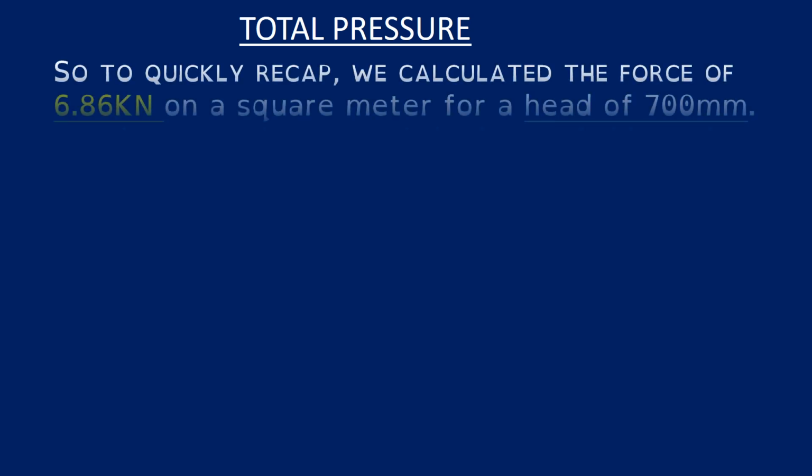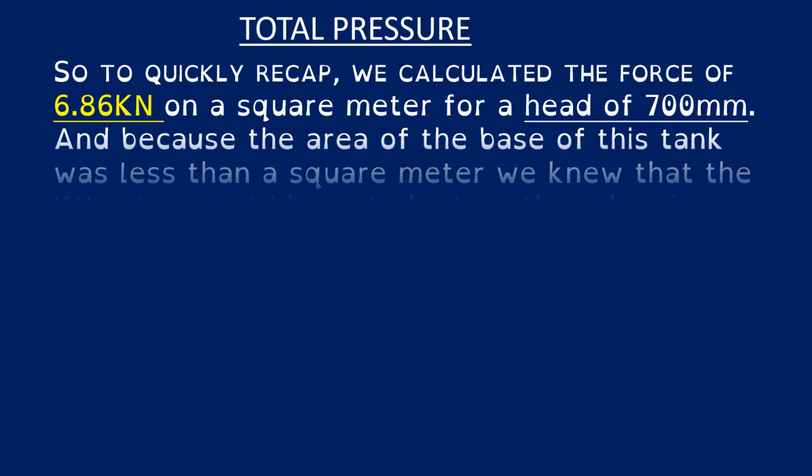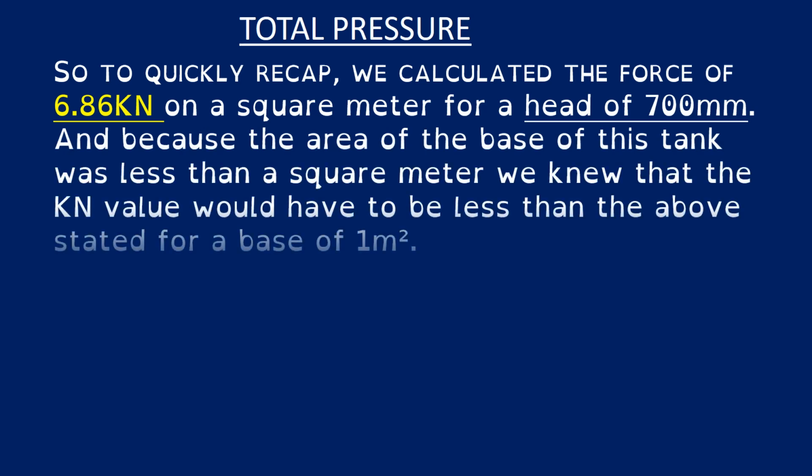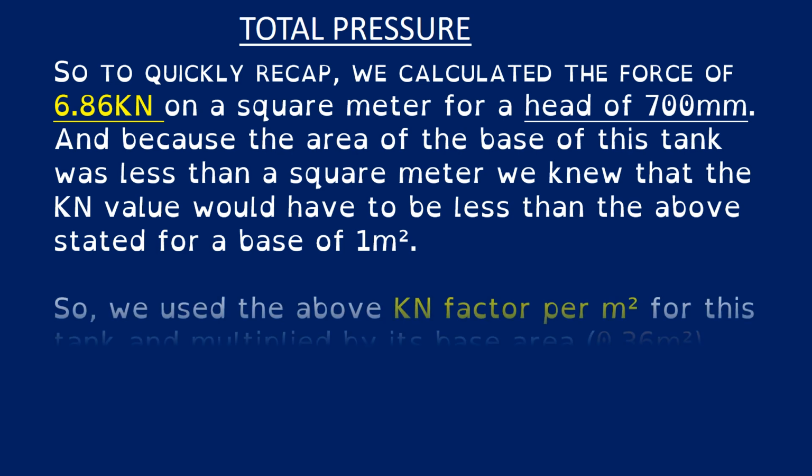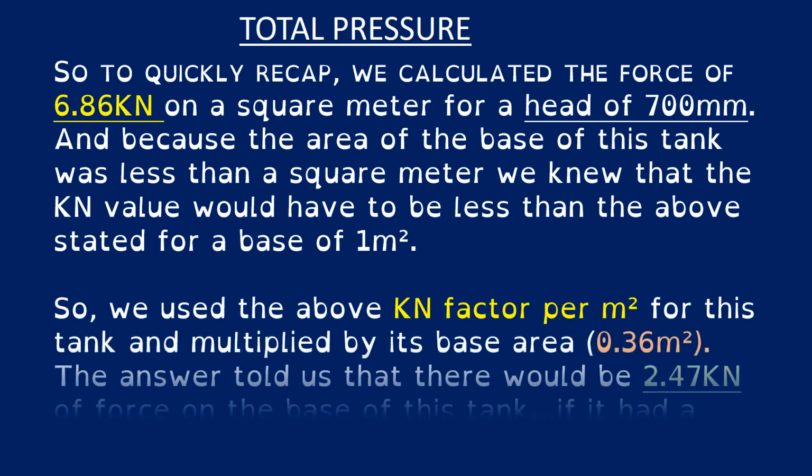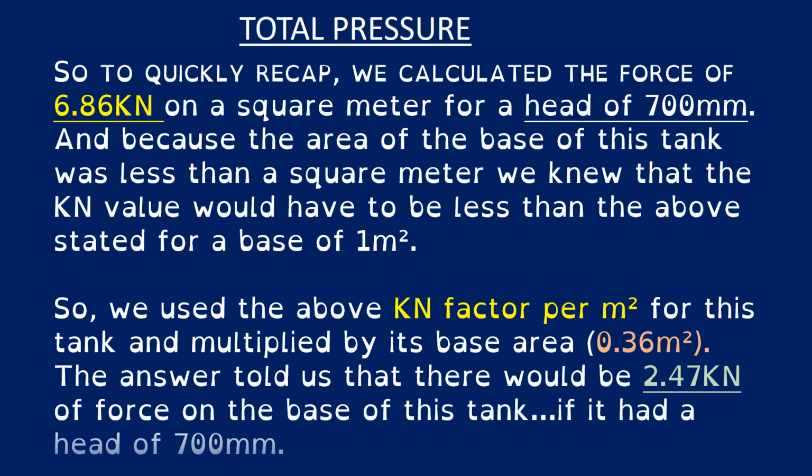So let's just quickly recap here now on total pressure. We calculated the force of 6.86 kilonewtons on a square meter for a head of 700 millimeters. And because the area of the base of this tank was less than a square meter, we knew that the kilonewton value would have to be less than the above stated for a base of 1 square meter. So we use the above kilonewton factor per square meter, which is 6.86 kilonewtons, for this tank and multiplied by its base area, which was 0.36 of a square meter. The answer told us that there would be 2.47 kilonewtons of force on the base of this tank if it had a head